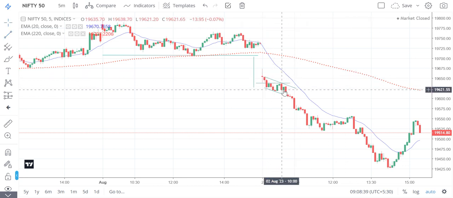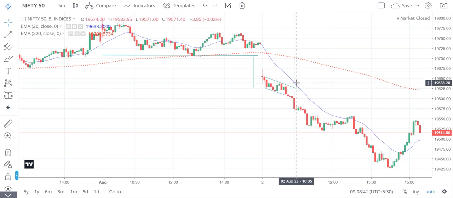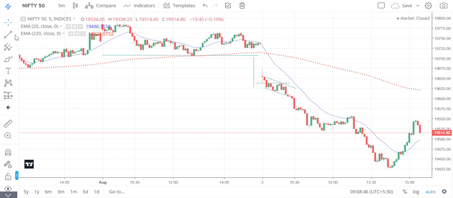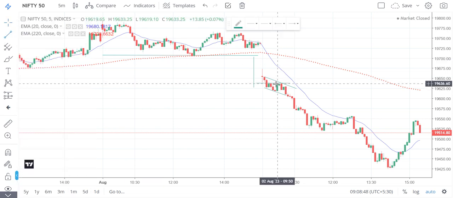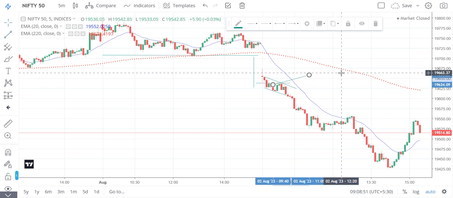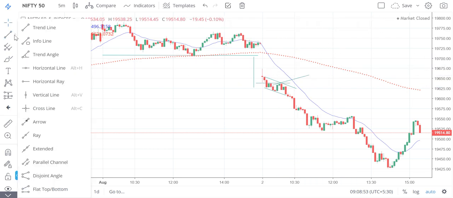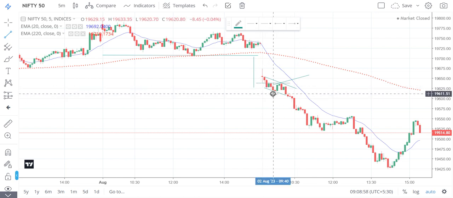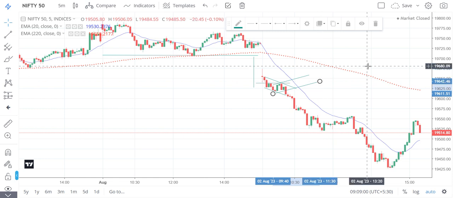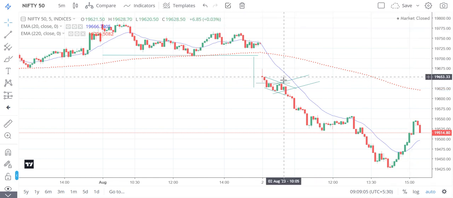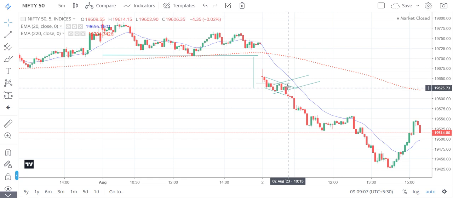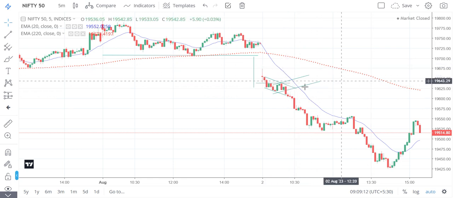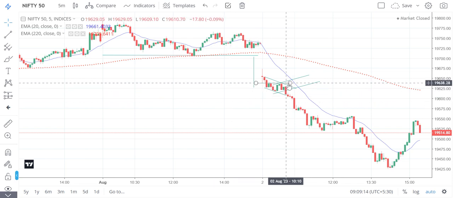दूसरा तरीका ये हो सकता है कि यहाँ पे हायर लो बनाए, तो यहाँ पे चांसेस ये भी है कि यहाँ से फिर से मार्केट रैली करे और फिर से कोई नया हाई बनाए। तो ये सब पॉसिबिलिटीज़ को हमें हमेशा ही ध्यान में रखना है। और अगर स्ट्रॉन्ग ट्रेंड में है तो जैसा मैंने कहा कि यहाँ से मार्केट को रेजिस्टेंस लेना चाहिए। तो ये सब पॉसिबिलिटीज़ है। तो हायर लो बनाए तो चांसेस ये भी हो सकते हैं कि मार्केट यहाँ से हायर लो बनाते जाए। तो ये हमारे लिए एक ब्रेकआउट पॉइंट था।